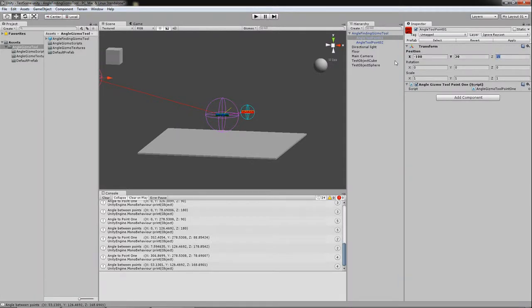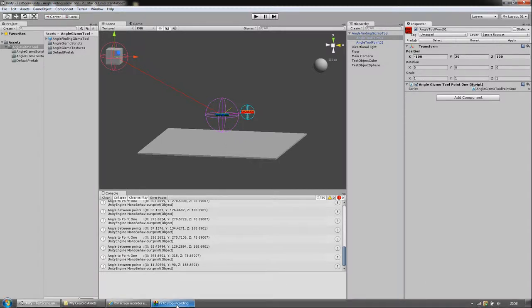And once we've done that, you already see the console is going crazy showing us angles. It's because every time we interact with it, it is actively producing those angles for us so that we can go ahead and